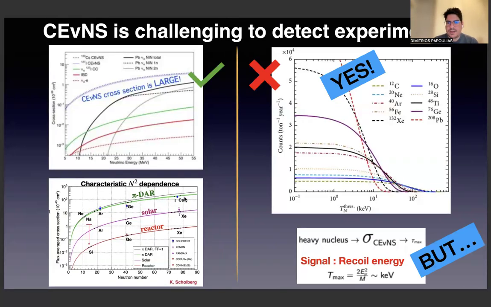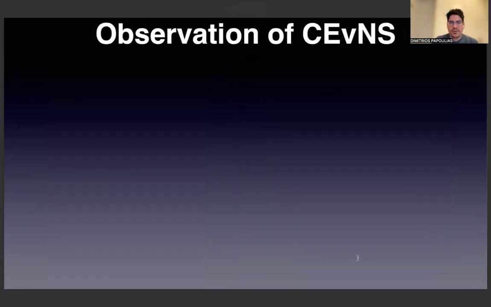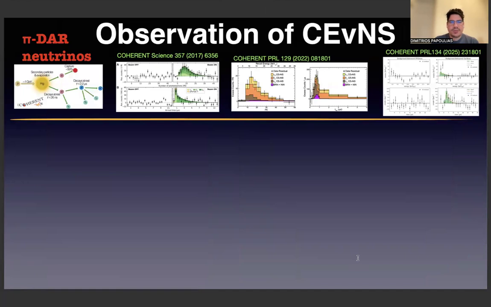The bad news is that even though there are more events expected for larger nuclei, and you can see here for successively larger nuclei the number of expected events is very much enhanced, on the other hand, due to kinematics, the available energy to be recorded by a given experiment, which in this case is the recoil energy, is suppressed with nuclear mass. So this was the main obstacle that made this process be observed experimentally only after 40 years from the